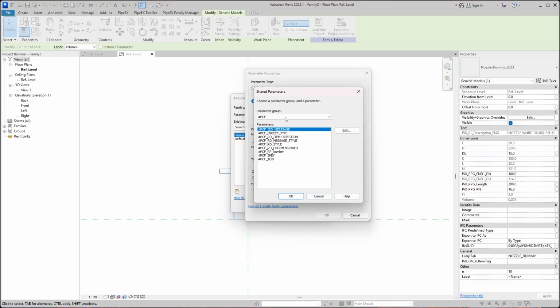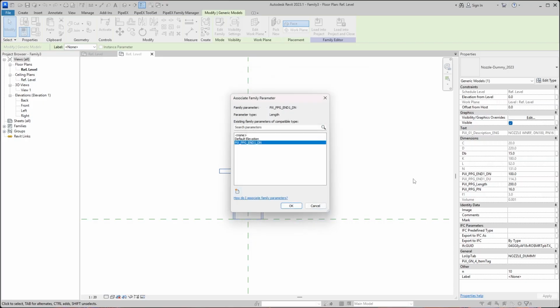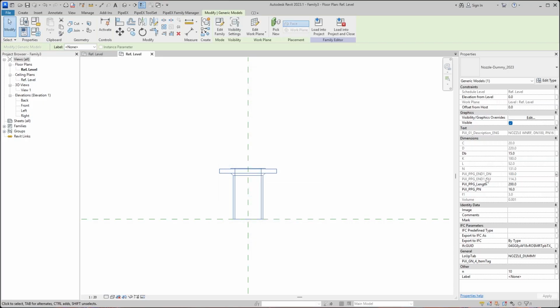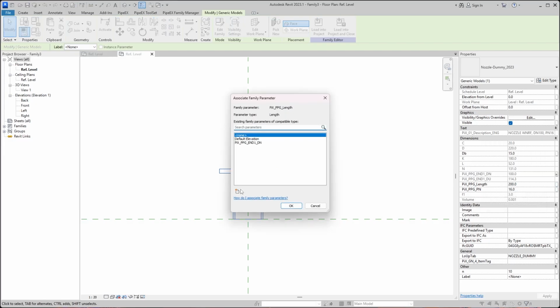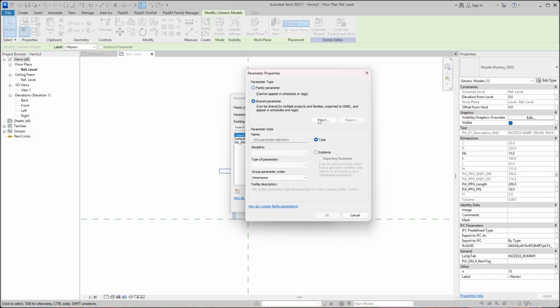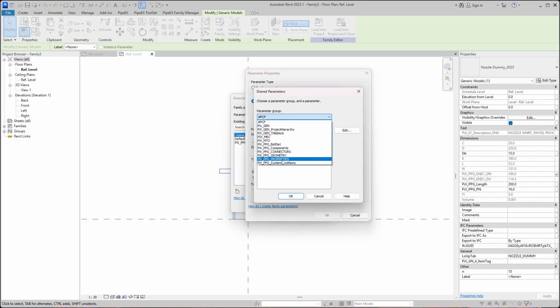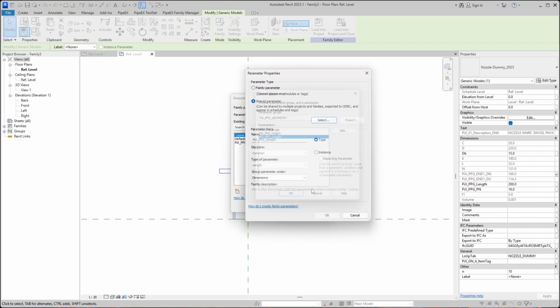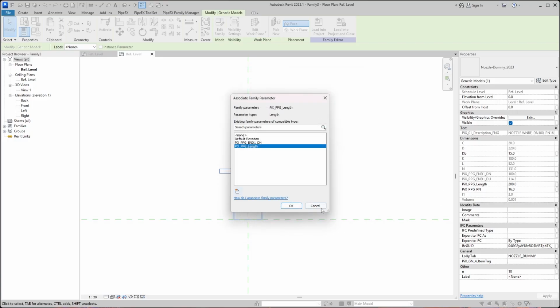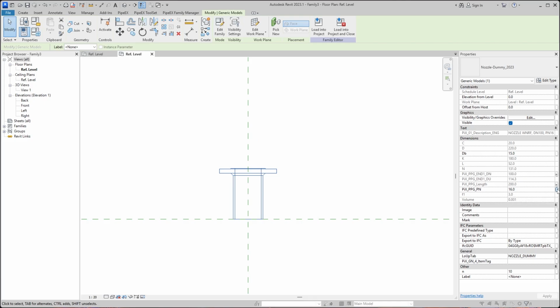So it will be nominal diameter, outside diameter defined based on the nominal diameter, and length. For sure we can define length, and of course we need to have also